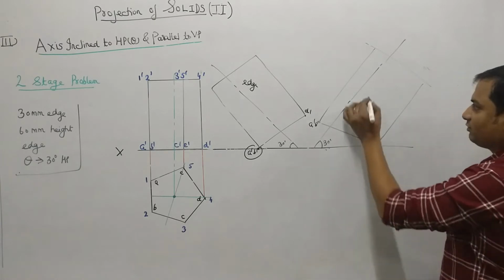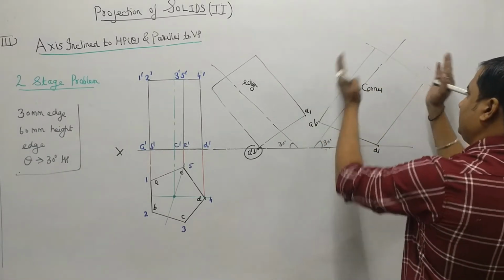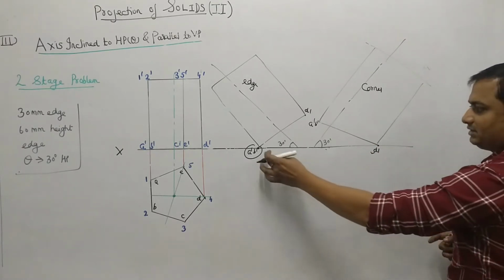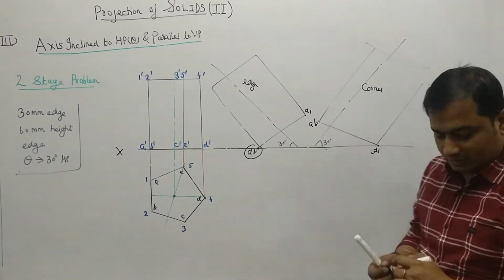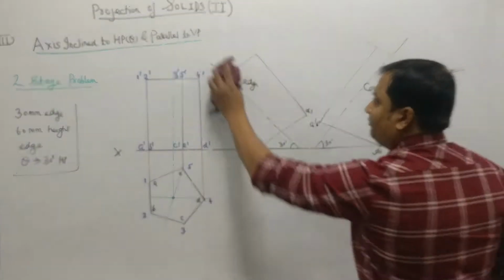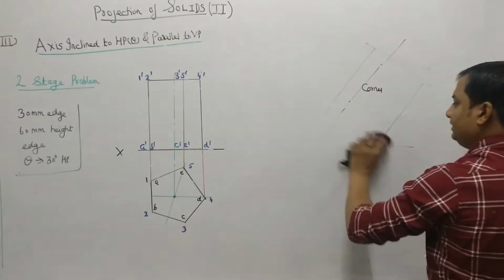If the problem is of corner, you have to make this rectangle inclined clockwise. So this should be corner. So this is the corner problem, and this is the edge problem. This is the corner problem. But in this problem it is given that we have to make it inclined by using the edge.